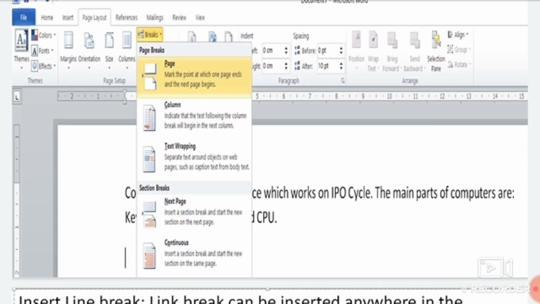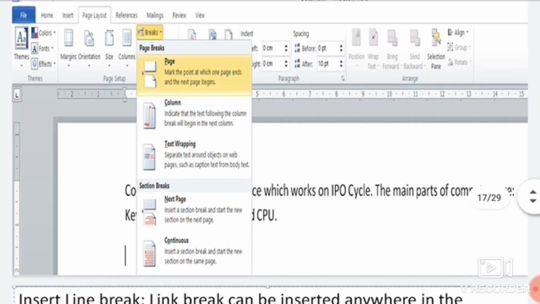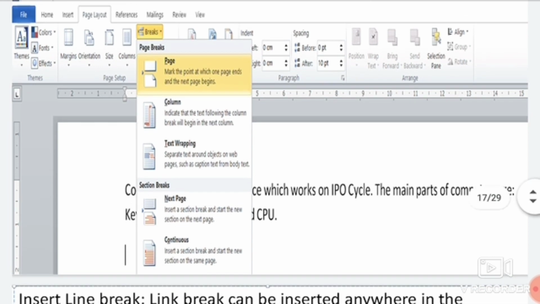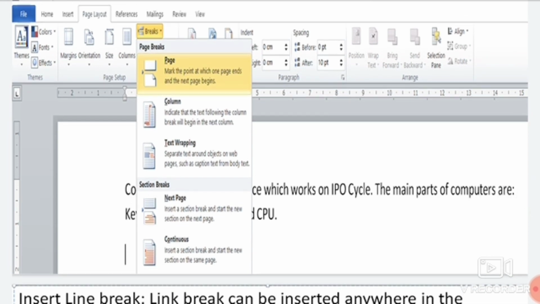As we have written one paragraph, after that we want to insert a new page. We want to break the page from here. So just place the cursor in that position, go to the Page Layout tab, Page Setup group, and in this Page Setup group you can choose Break, and in that Break the list will appear and you can select the page. So you will get a new page at the cursor position.